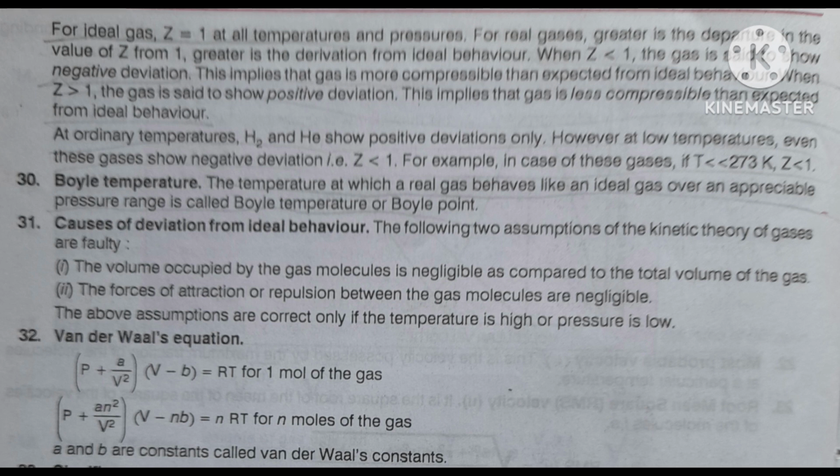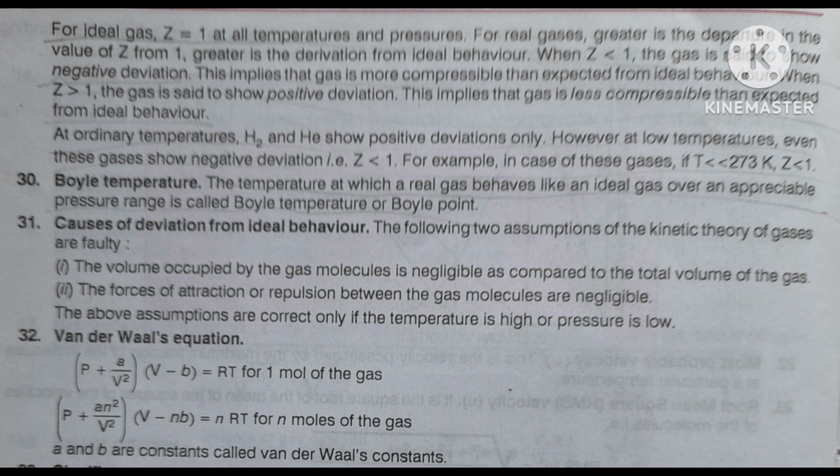And now for the volume, the correction in volume, a small v, is equal to nb. V minus a small b, capital B minus a small b, that is the volume B, but we are telling b, a small b, V minus b. Here actually a small volume is the correction, that is nb, that's why you are writing V minus nb. Then here what will V, a small b, be? It is equal to nb.